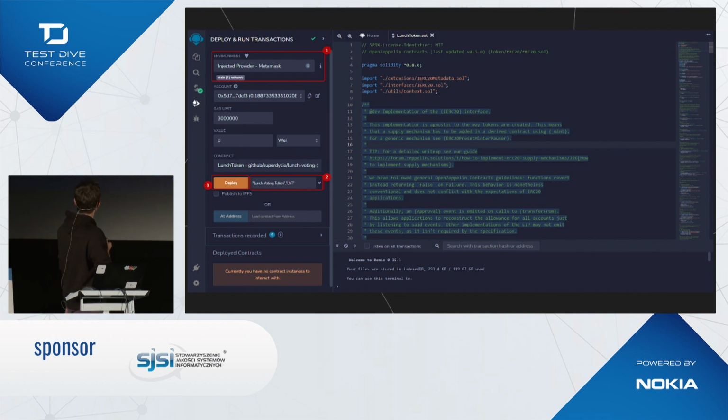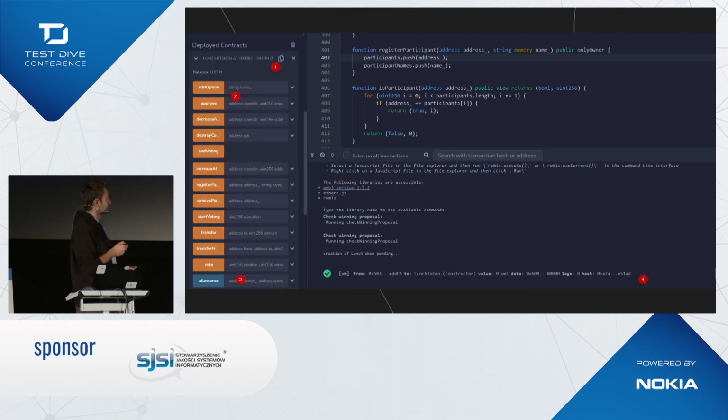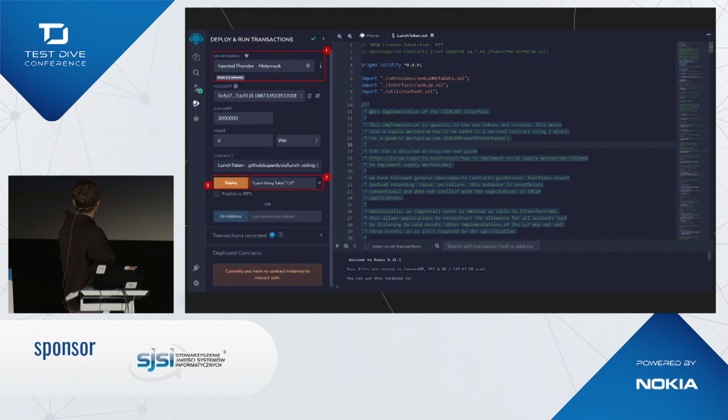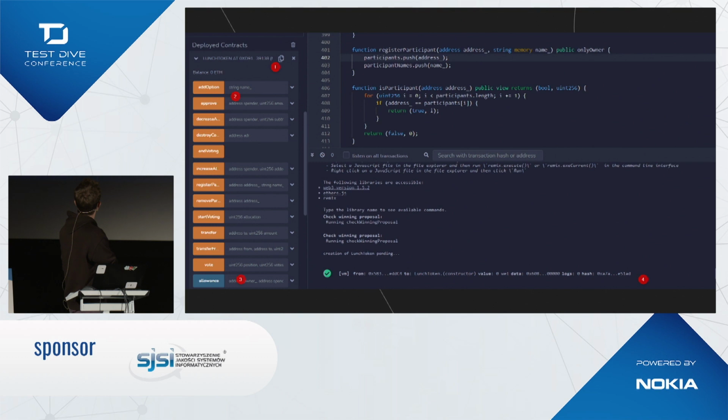Here you can provide arguments for the constructor and deploy the contract. When you do that, it will look like this. You have one deployed contract. Like here, we didn't have anything. Now we have one deployed contract, and all of the orange buttons are methods that change the state of the contract.